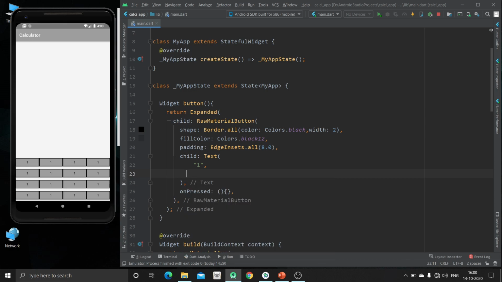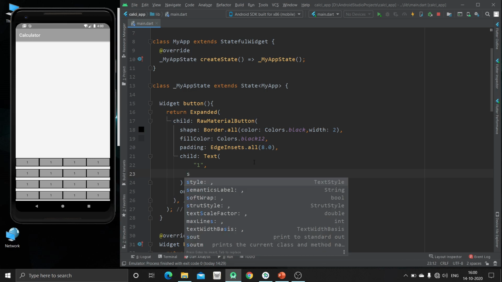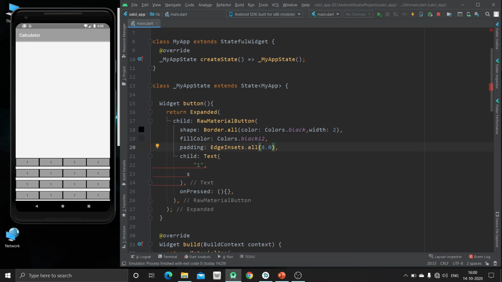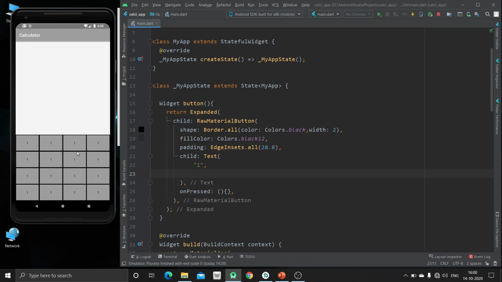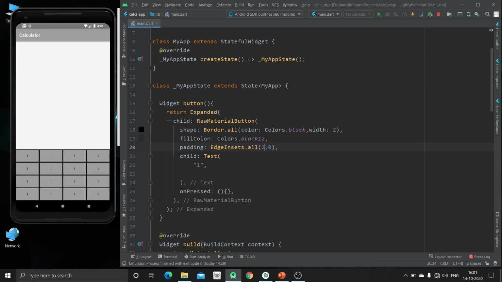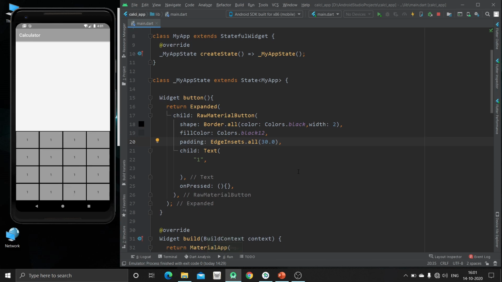Okay, 8 is not okay, we have to increase it, make it 28, and just remove it. Now you can see some bigger buttons. Now just make it about 20. Okay, 28. Okay, 30. Okay, now it's good.